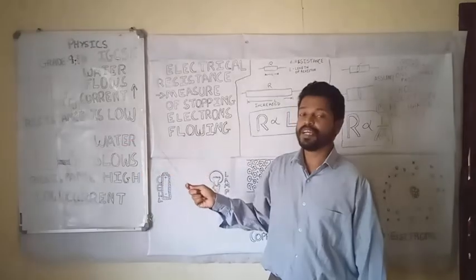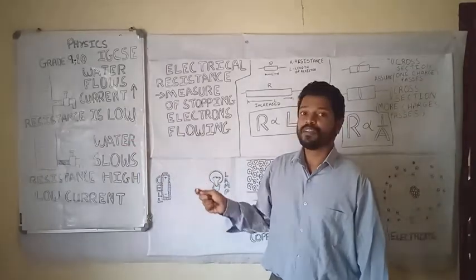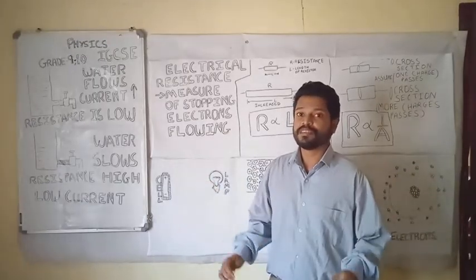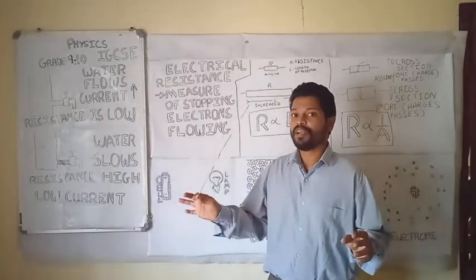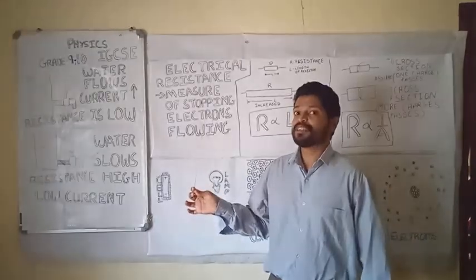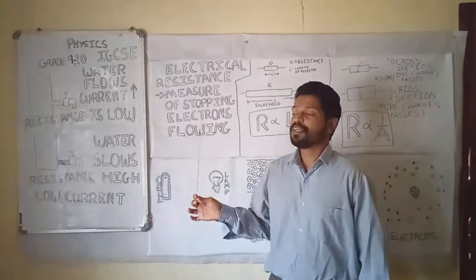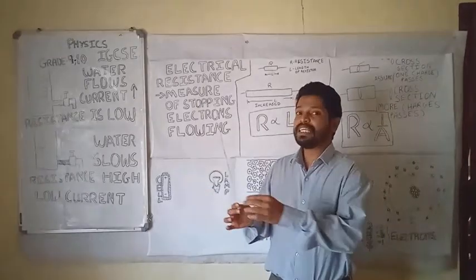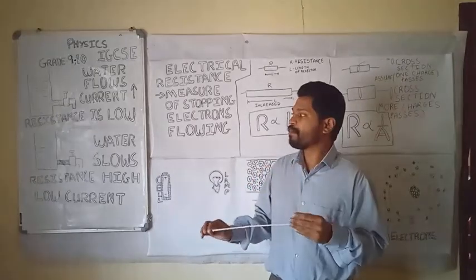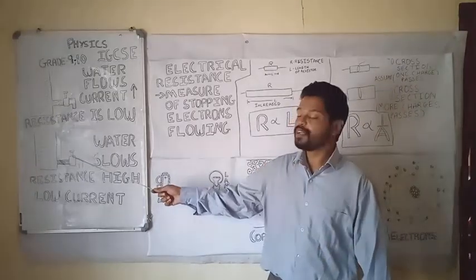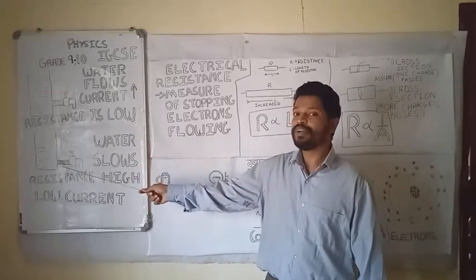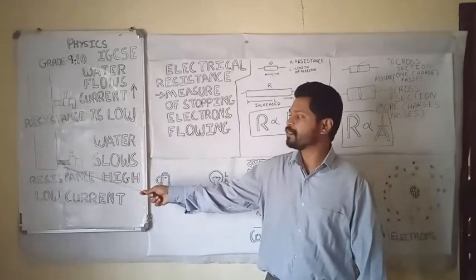We can see the same in a conductor. Metal conductors, if you can see, this is a metal wire, this is a metal conductor. What happens is that there is very low resistance inside, so current easily flows through the metal wire. Now we have taken another, similar beaker, right? But here the only difference is that there are some pebbles inside.